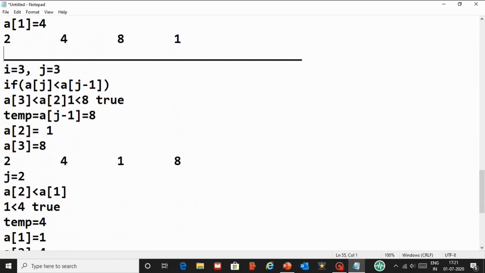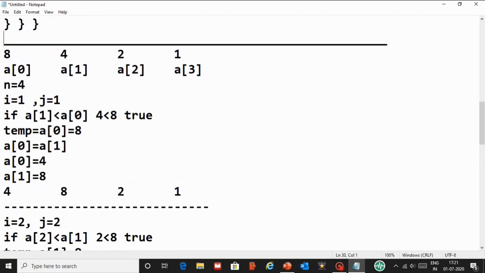Yes, no, not 3 here, sorry. Here, this is my array. N is 4, i is 1, j is 1, and the j loop will execute until it is greater than 0, and every iteration it reduces by 1. I'm checking a of j is less than a of j minus 1. So 1 and 0 I am checking here. If it is true, then I have a temporary variable to swap the values, and this is the resultant array